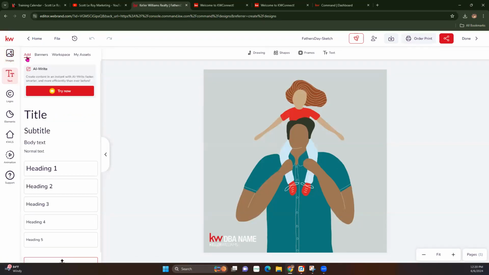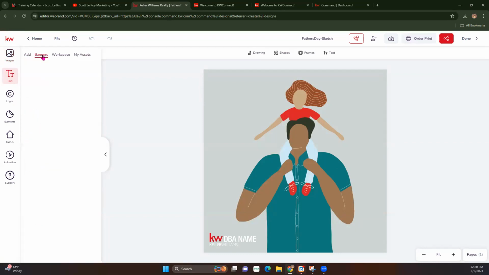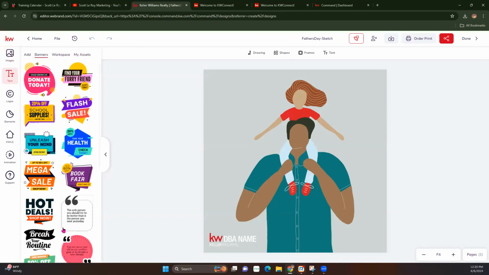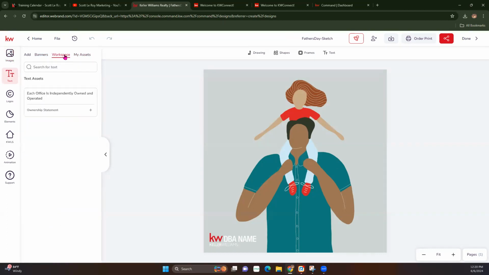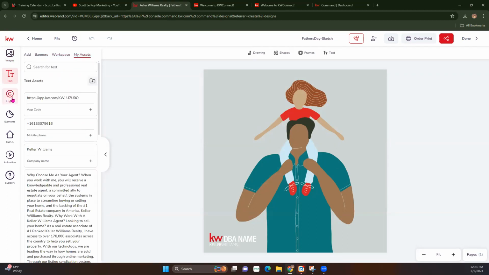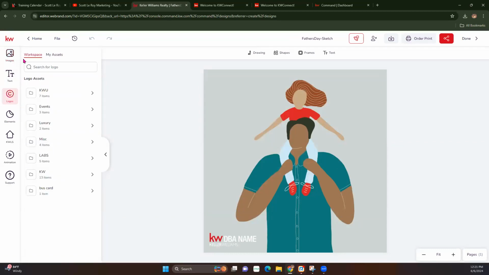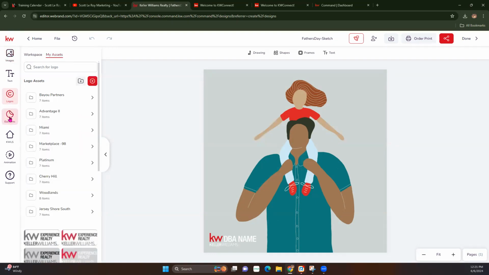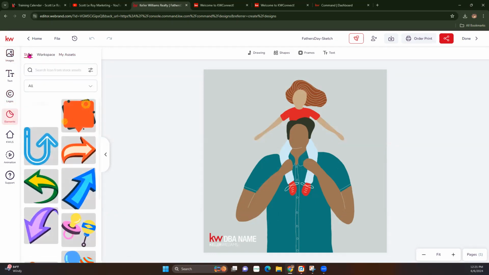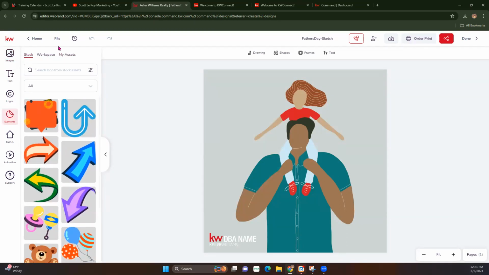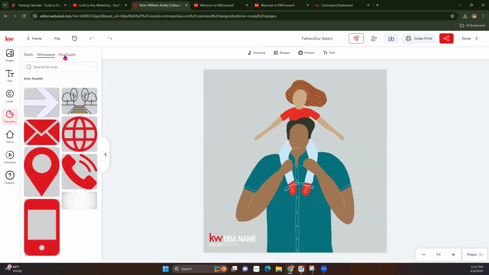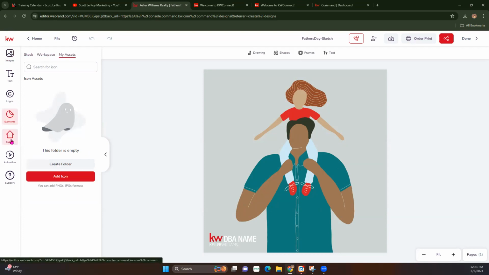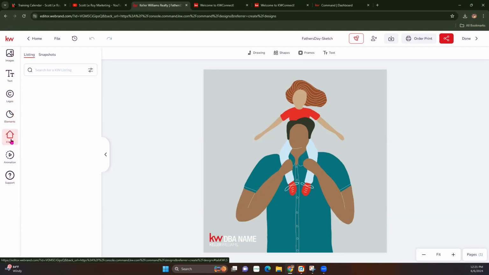Same for text. They're going to have add new text, banners, which are a little bit fancier. Then you have the KWRI provided asset and then yours. So each of these is going to have a similar thing. Workspace is the KWRI assets, and then you have yours. Same thing here. You have stock photos, so you can look for different icons or elements. Then you have the KWRI and yours. The KWLS is so you can pull in listing information